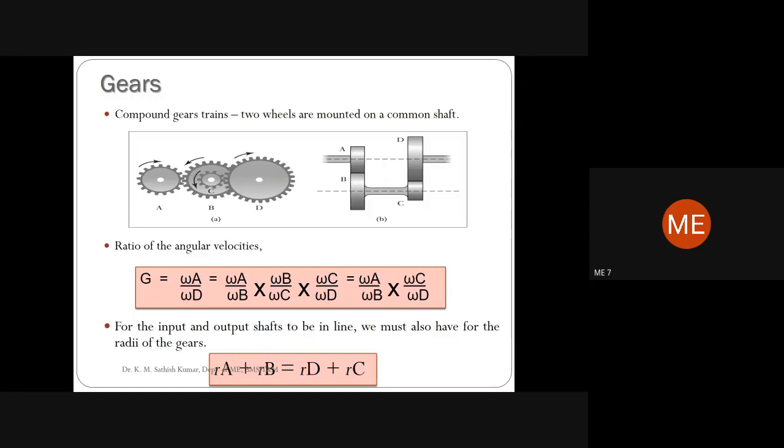Now in this case of the angular velocities, this is your driver and this is your driven, so angular velocity of driver by angular velocity of driven. Then you will be considering these cases: omega A by omega B, multiplied by omega B by omega C, and then omega C by omega D. If you just go with that, you will have omega A by omega B and omega C by omega D, because in this case the intermediate angular velocities cancel out. Now these are all the basic things that we have done in the previous case. As per the syllabus, this is only what is there for us to understand.